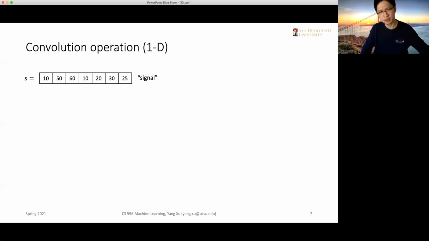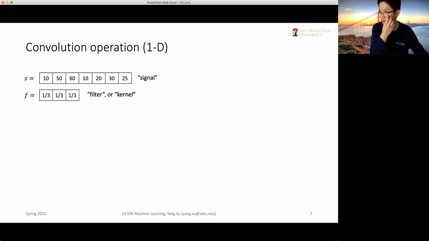So when a signal is like this, a string of numbers, in order to conduct a convolution operation, we will need a filter, or sometimes we call it a kernel. This kernel is usually a short fragment, a short window or area of fixed length. In this case, this short filter is just 3 real numbers, just 3 cells, and